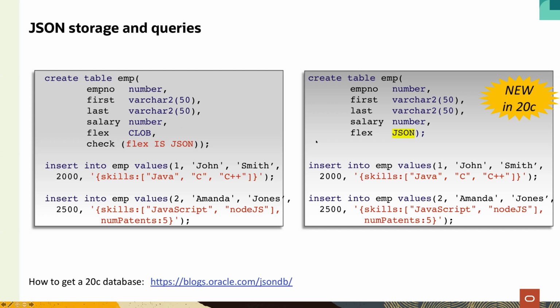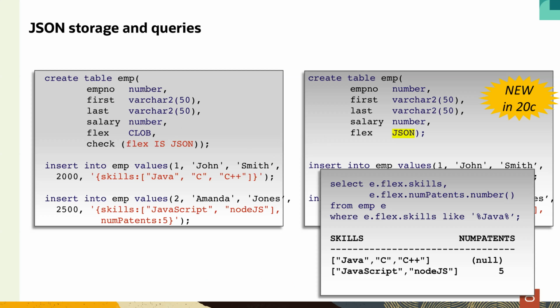And later on, we introduced a JSON data type that uses a binary storage, and I will show this live in a second. If you insert your JSON, it's just provided as a string. It's being parsed, validated, and stored. And then you can just query it using SQL. So here we use the simple dots to drill into the JSON. For example, I can say dot skills or dot number patterns and extract values out of the JSON.